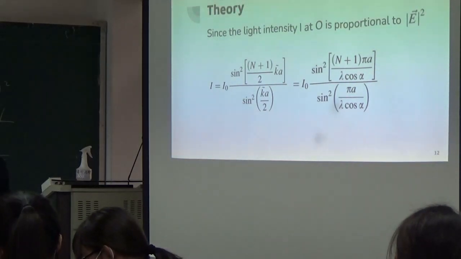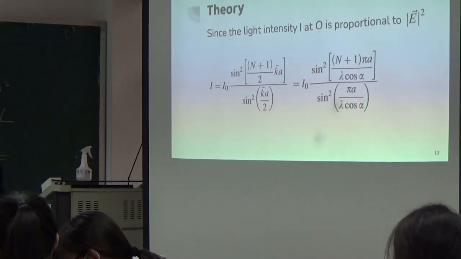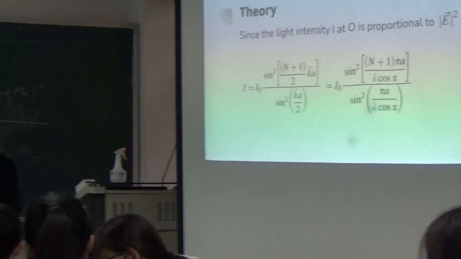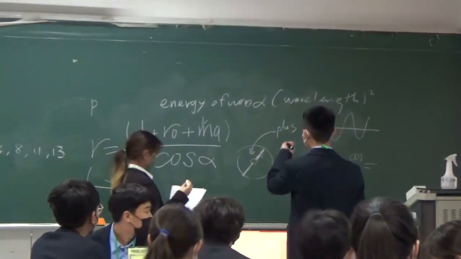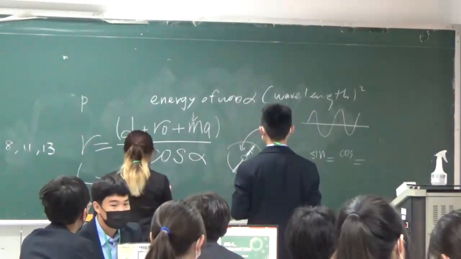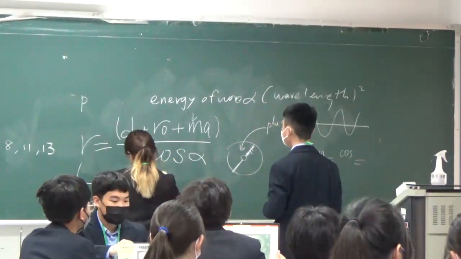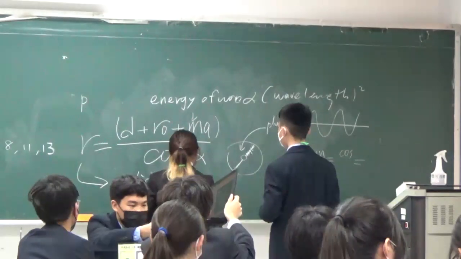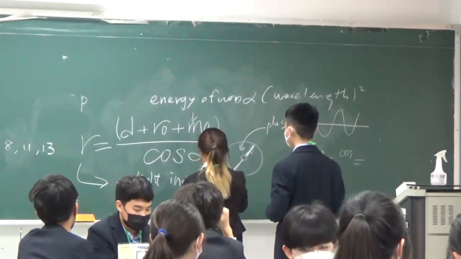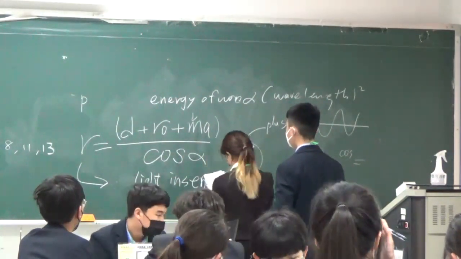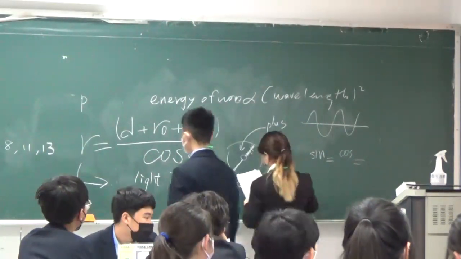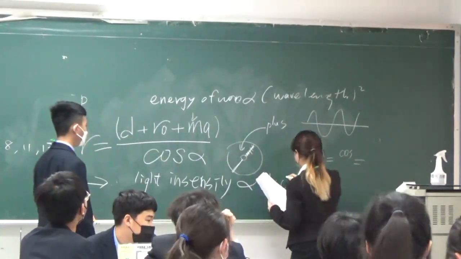It's your unit. Could you explain more? Could you explain why you just write this formula, according to what's in my presentation, light intensity. Expression to electric